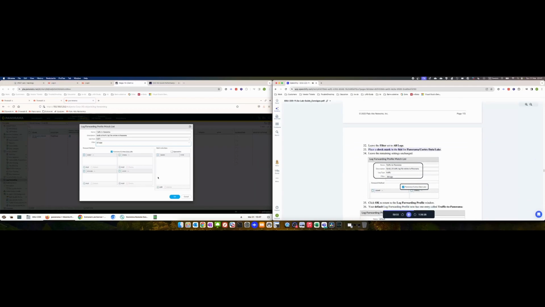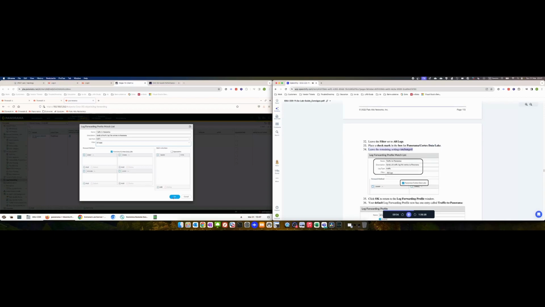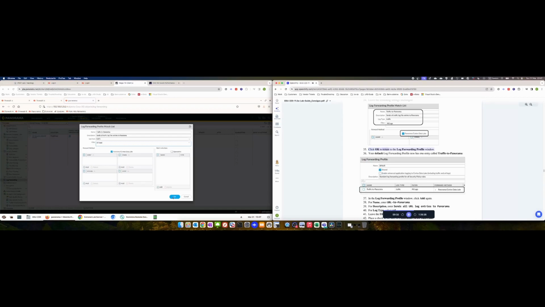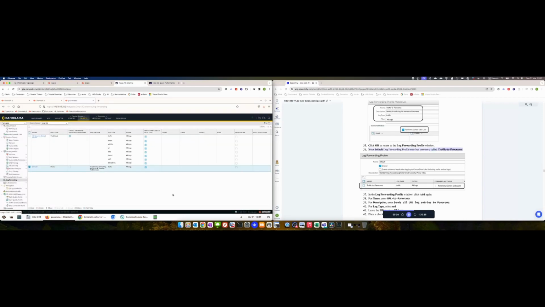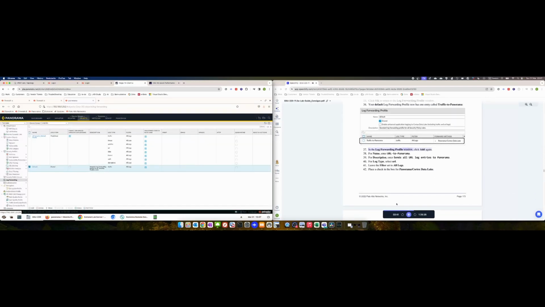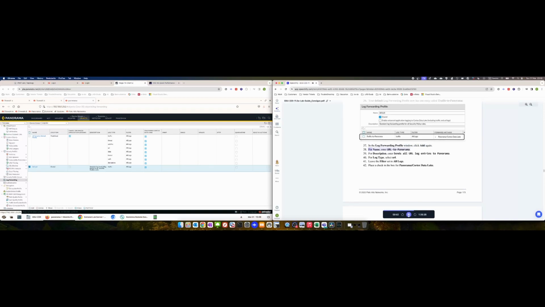Place a check mark in the box for Panorama/Cortex Data Lake. Leave the remaining settings unchanged. Click OK to return to the Log Forwarding Profile window. Your default log forwarding profile now has one entry called traffic to Panorama. In the Log Forwarding Profile window, click Add again. For name,